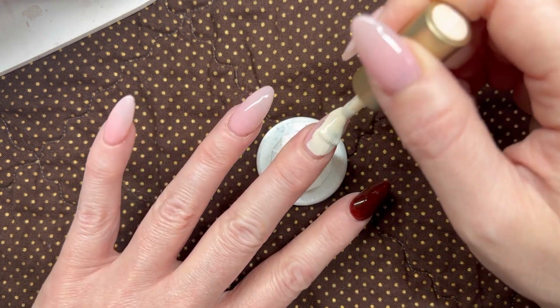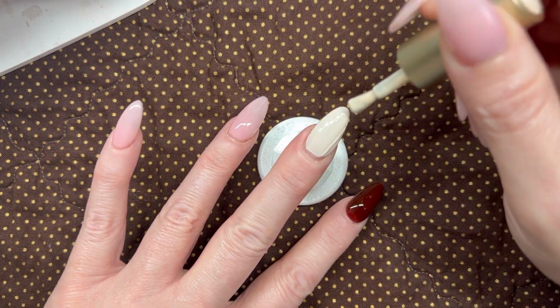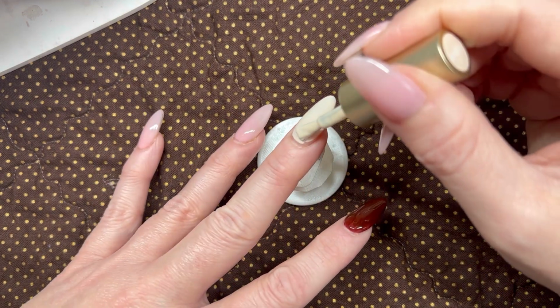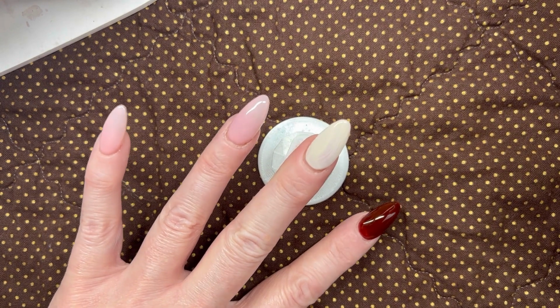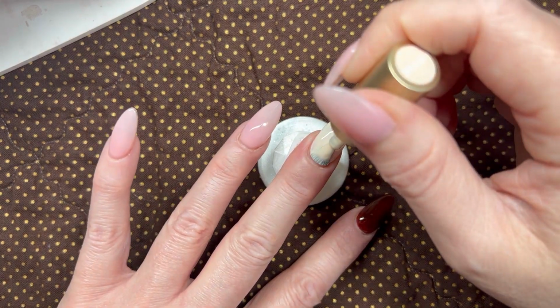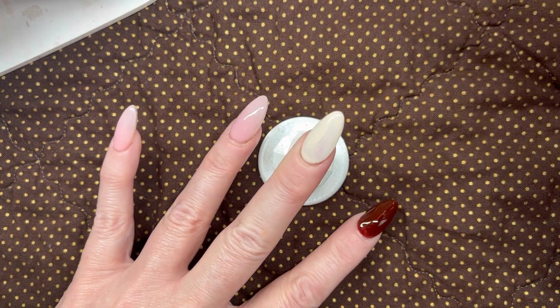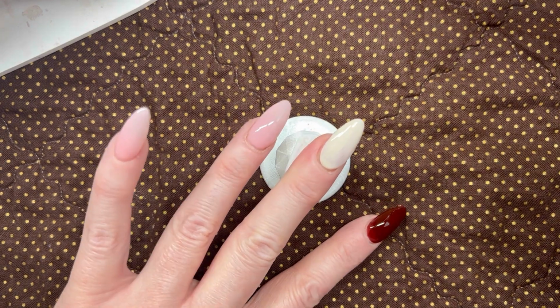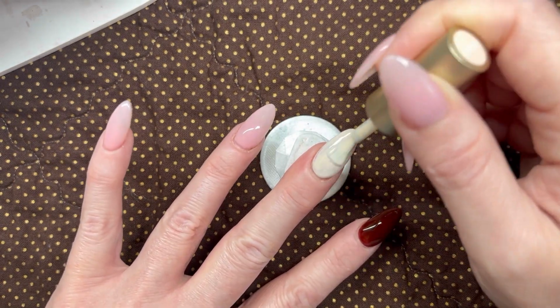And not only that, it's really, really easy to use. Once you put it down, it's not moving. It's not flooding your cuticles. It's not seeping into your sidewalls. You're not chasing it around with an alcohol cleanup brush. They stay exactly where you put it, which is pretty hard to find with an inexpensive brand. It's just a really good gel polish formula. It's not too thick, it's not too thin, and like I said, once you put it down, it's not moving